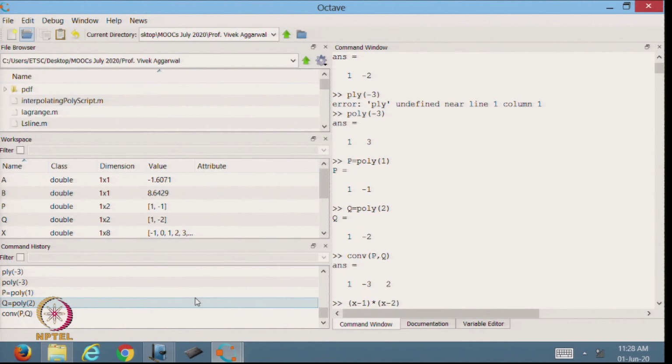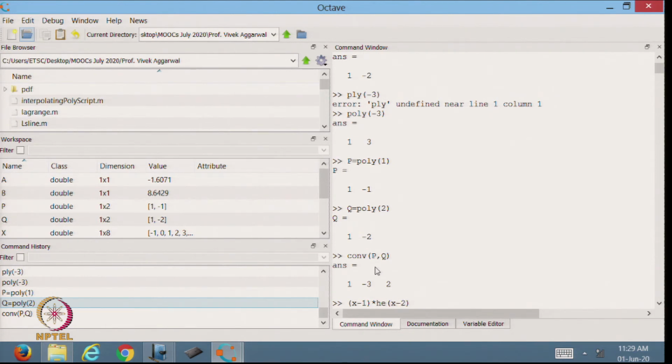So, this is what I am doing. Now from here I can see that this will be x square. So, the coefficient of x square is 1. Now x minus 2 and minus 1, so minus 3x. So, this is minus 3 and in the end minus 1 into minus 2 it is 2. So, it gives me the coefficients of the quadratic having the coefficients 1, minus 3 and 2. So, that is the function convolution. I can write that help.